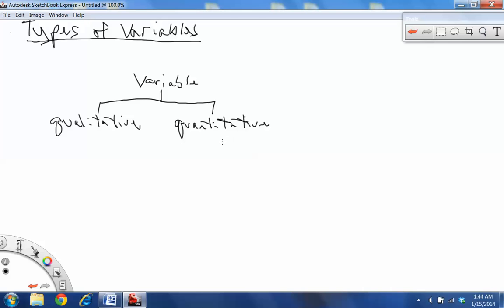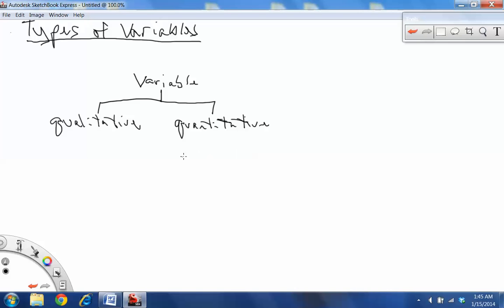And you would say 20. You would have a numeric answer, 20 minutes. Somebody might say 10 minutes or 60 minutes or something like that. So the responses are numbers. How much do you weigh? And you might say 100 pounds or 250 pounds or something like that. So again, quantitative things like distance, time, speed,